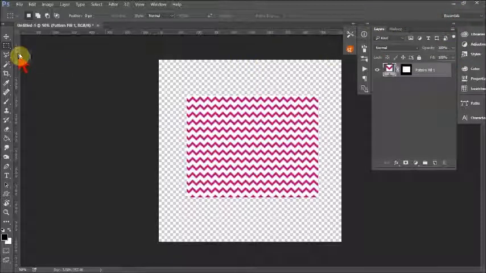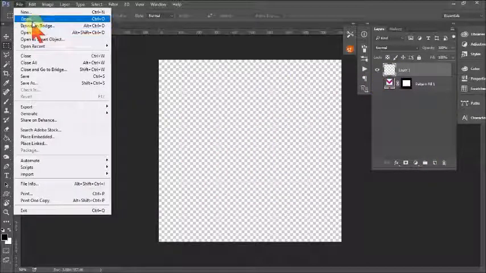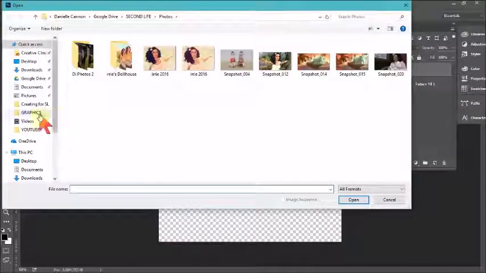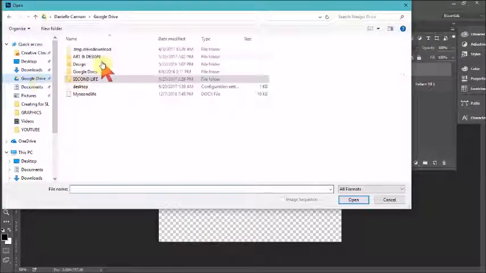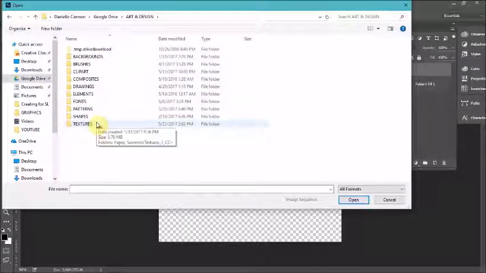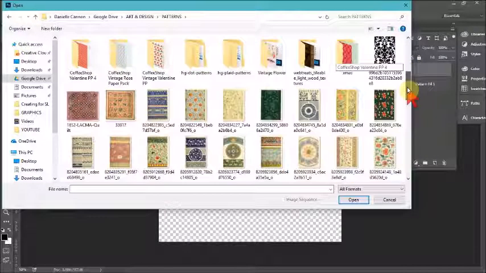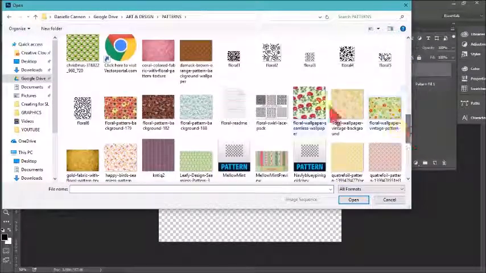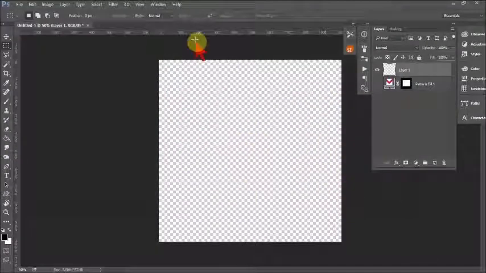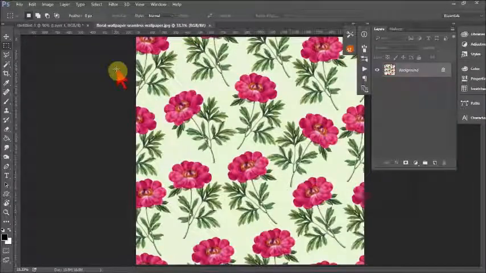There is one other way to get a pattern in Photoshop, and I'm not too sure if GIMP has this option, but anyway, I'm going to create a new layer really quickly. Go to File, Open. I want to open a pattern. Say it's just like an image that you had that you want to turn into a pattern. So say you downloaded a swatch. A lot of these are not direct pattern files. They are just swatches. So say for example, this roses swatch. I'm going to open the swatch, which is the sample of the pattern, and this is just an image file. It's just a JPEG or a PNG,